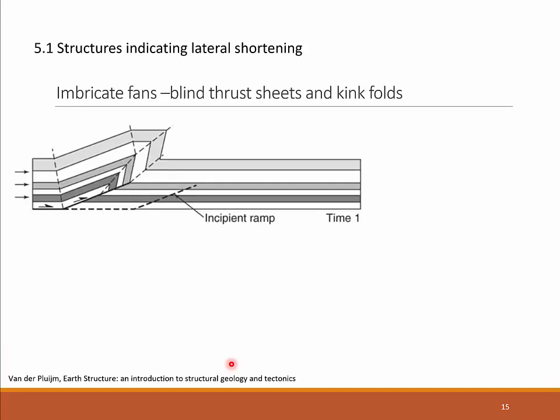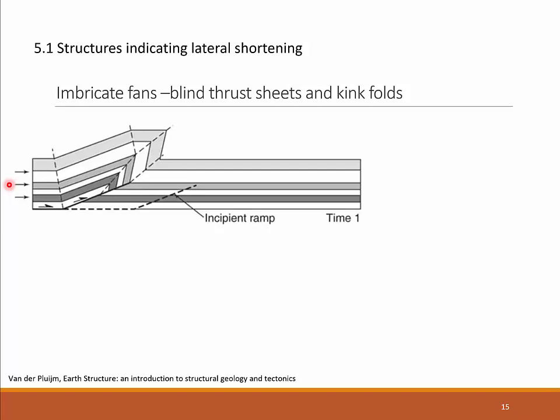The third structure we want to discuss are imbricate fans. Imbricate fans have similarities with flat ramp structures and also with duplex structures, but they also have some important differences. Again, we are starting with a sequence of horizontal layers that undergo horizontal shortening. We see here the shortening direction, and we assume in such a situation that also sigma 1 is horizontal and